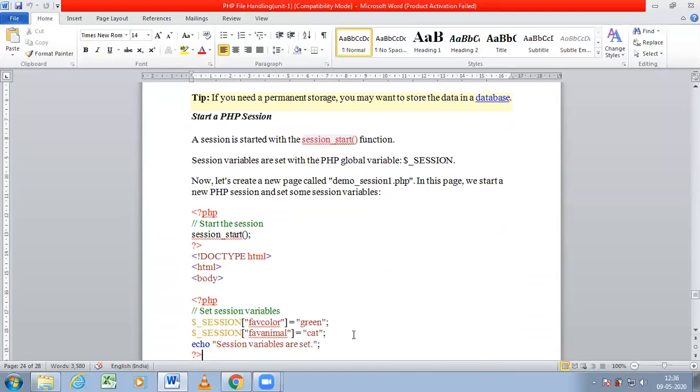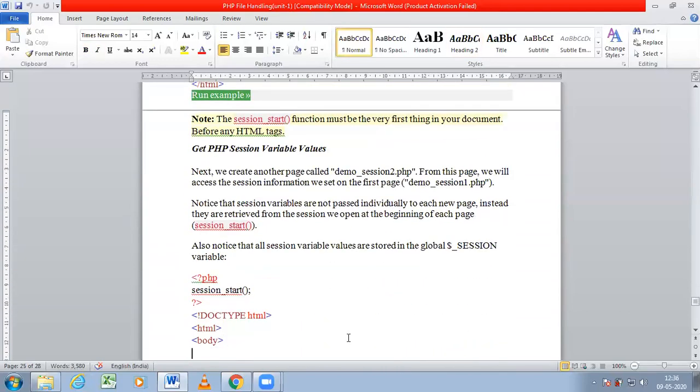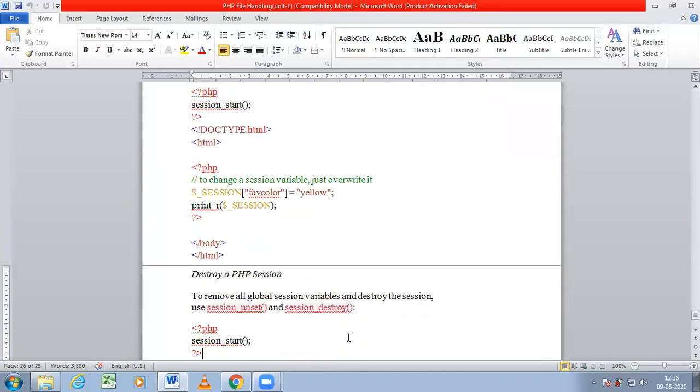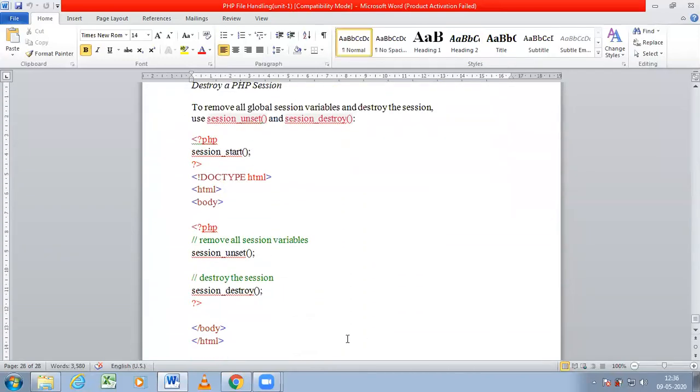Sessions and cookies, all those concepts are covered. Related to files, the very important thing is how to handle the files with fopen, fread, fwrite: how to send the data, how to use the fseek function, how to use the fopen function, and how to use the fclose function. All those are very important concepts related to files. We can use these functions in order to work with the files.